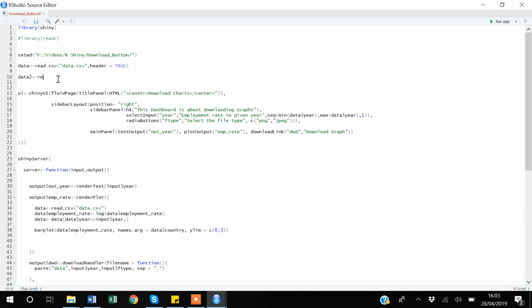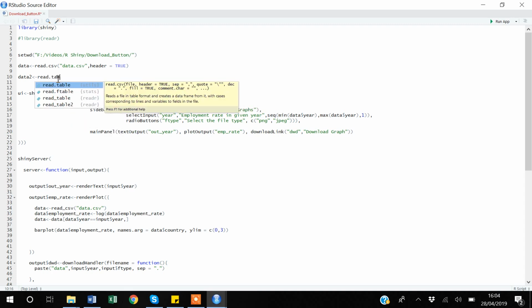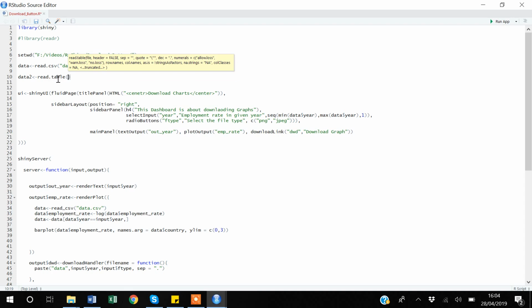the CSV file. So I will be saying read.table, and under the read.table I will be mentioning the file name that I want to import. I have already mentioned my working directory. So what R will do, it will go to my working directory and look for this dataset, and after that I will be saying header is equal to TRUE, just like my previous command. And then after that, when I use read.table, R doesn't know